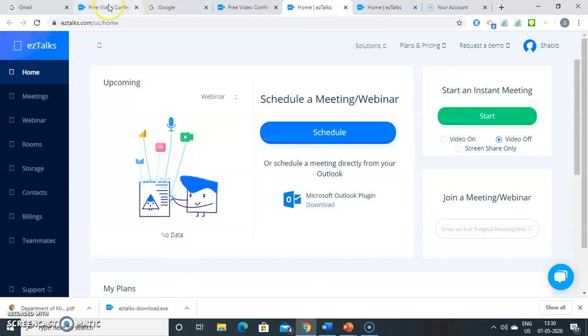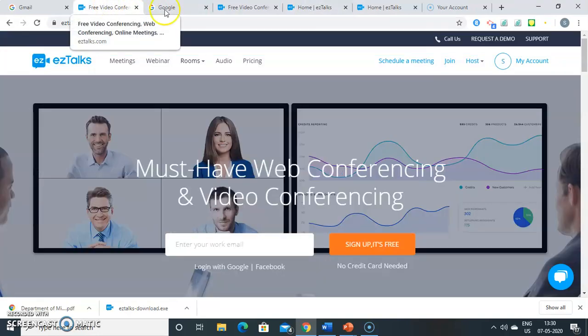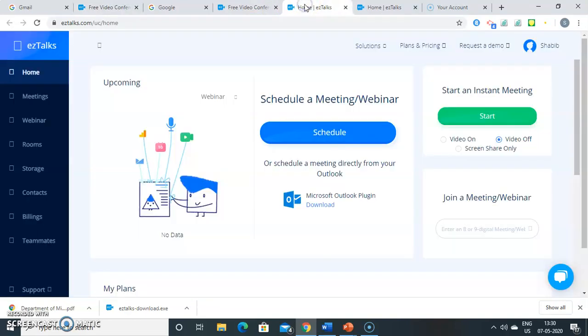So the first thing is, if you're using it for the first time, you need to create an account. You need to sign up, and that will ask for your basic details of Gmail and the basic credentials. And once you enter your Gmail account or an email account, you will be sent a mail for verification of your email account. And once you are done, your account will be activated. Once it is active and once you go in, this is how the home page of S-Talks looks. It's a very user-friendly, simple approach.